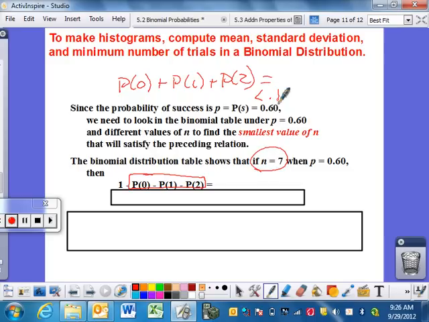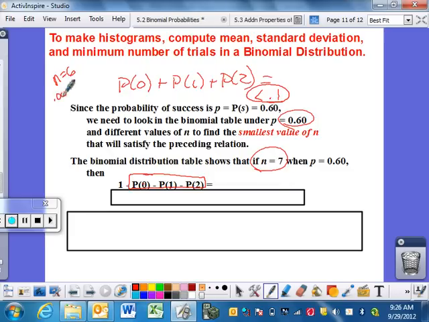So I need to look where P is 60%. You go to your P is 60% column, and you can just start looking at the first 3, at 0, 1, and 2, and add them up. The first time, as you go from n is 2 and up, that they do not add up to more than 0.1, that's your answer. So for instance, just for argument's sake, if you look at n equals 6 in the 60% category, you would have